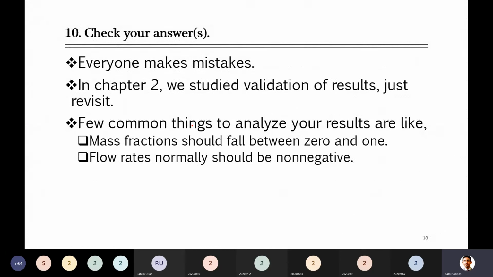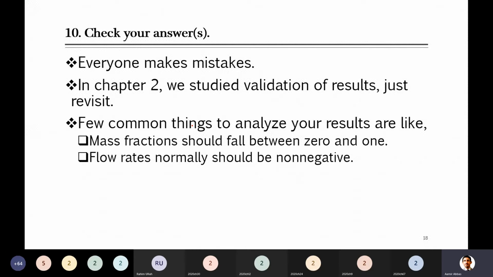Besides this, you can keep in mind, as I told you at that time, that there can be various things. For example, you calculate the temperature. Later on you will switch to energy balance, and more or less these steps will be followed there. In energy balance, for example, you calculated some temperature of some system and it's a very high value, something like 5000 degrees Celsius, and you are talking about some reactor on the earth. That's not possible. That's too high. Something will be wrong. Or sometimes maybe you make a mistake.